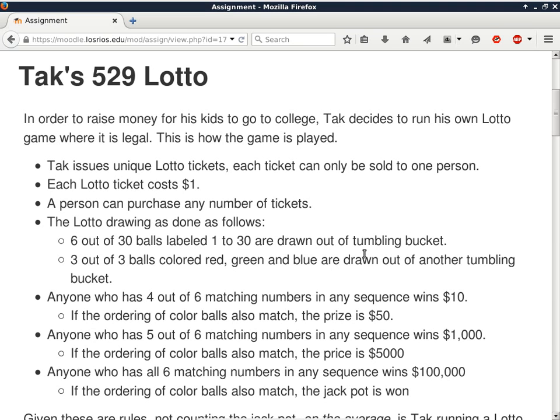So you have to add up how many people will be winning $10, how many people will be winning $50, $1,000, $5,000, and $100,000. Okay, and then compare that with the amount of money that I would get by selling the tickets. Okay, so are there any questions about the setup of the question? In other words, about the rules of the game itself?